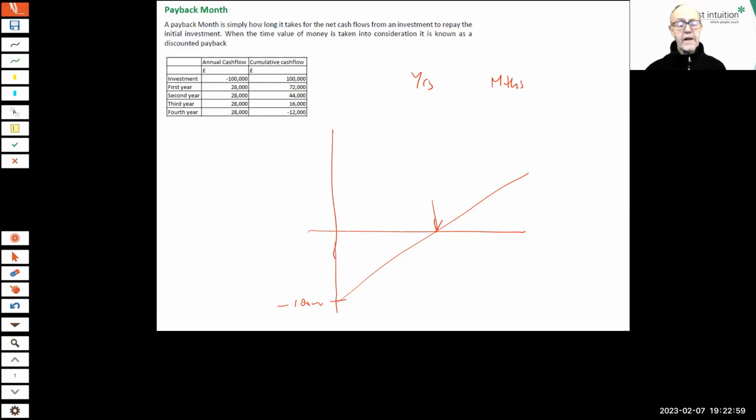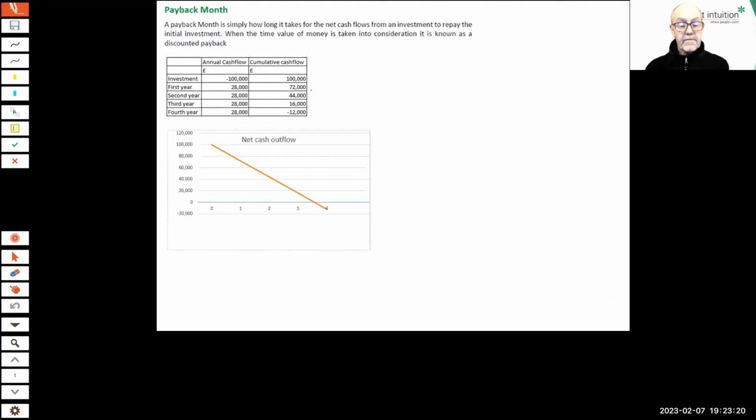A very popular error is to say that, because we've achieved payback after the 4th year, it's 4 years. Very, very popular. But it isn't. It is, sure enough, 1 year, 2 years, 3 years have elapsed, plus a number of months. And I've done a proper graph for this. So there we can see it's 3 years. As to how many months,